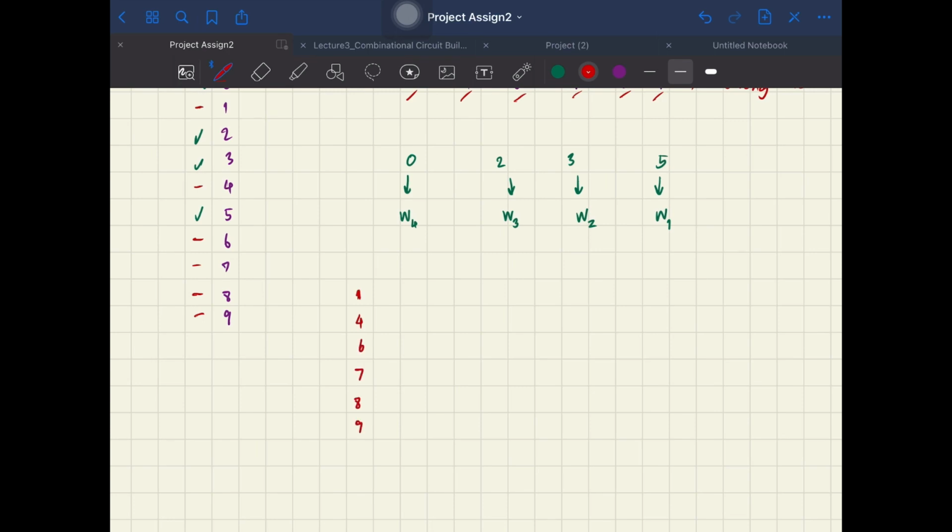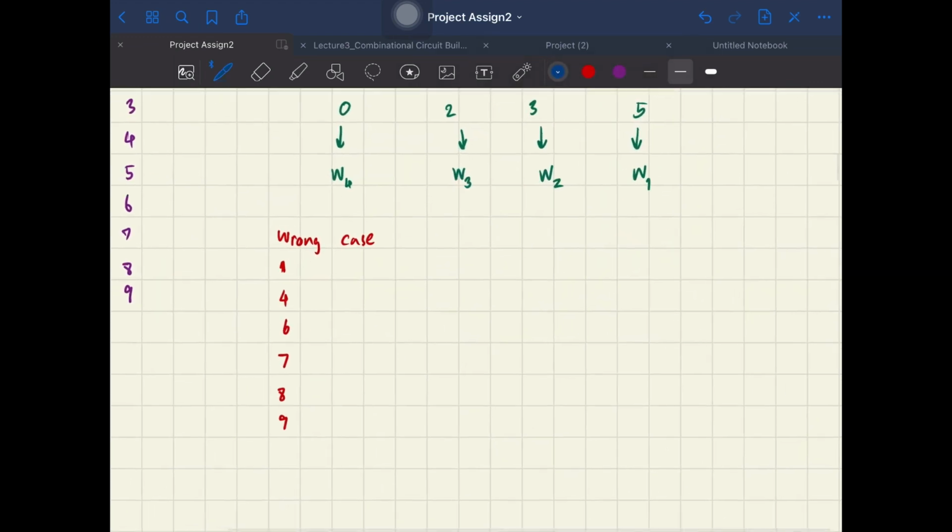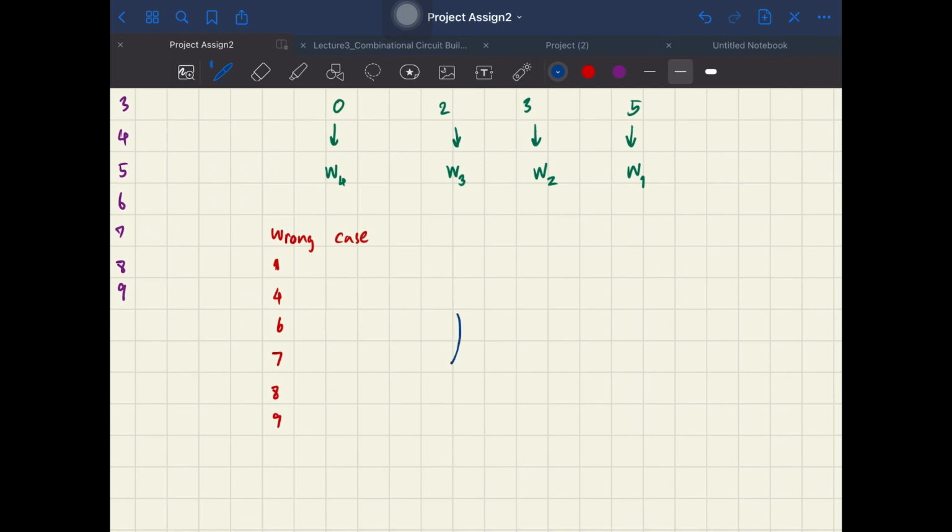And this whole thing I will call the wrong case. So I must combine all these things as the wrong case. And how do I do it? I will put an OR gate, and I will tell you later why I use an OR gate to put all these things together. So I need to draw